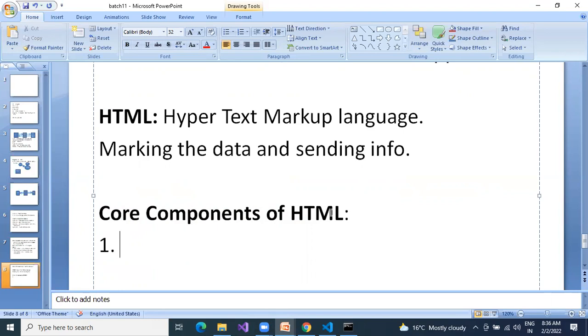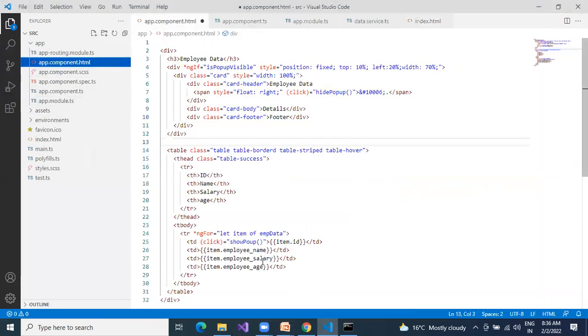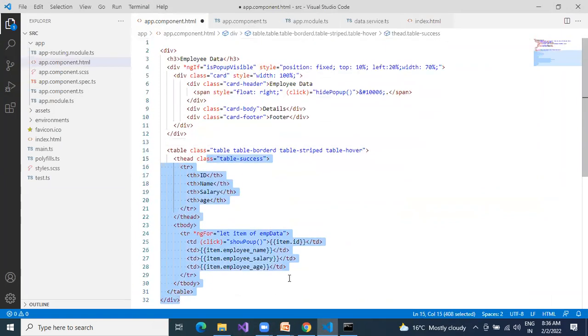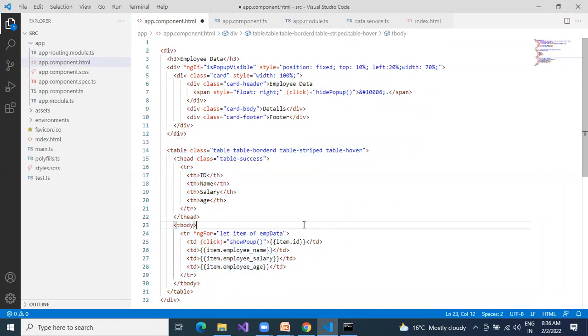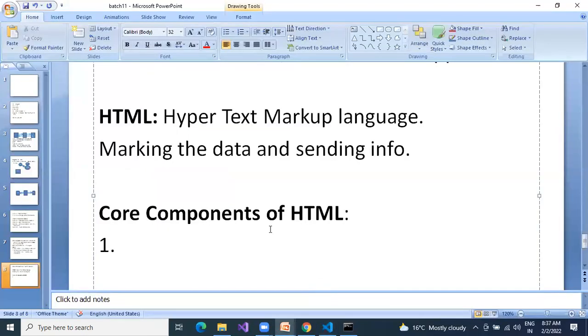Tomorrow you are going with Angular Material, NgRx, NPM, NPX, whatever it is. The basic design is done on top of your HTML page only. The data should be represented inside of this HTML. We need to know what the core components of HTML are. Then we'll become perfect. Perfection will come from scratch to end if you learn it. So that's why we'll have two to three sessions. We'll learn HTML, CSS, and like that we'll go step by step.